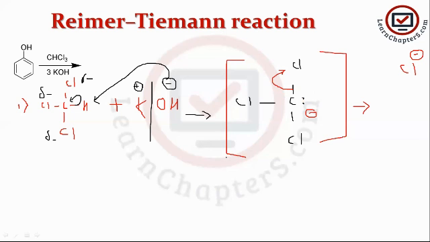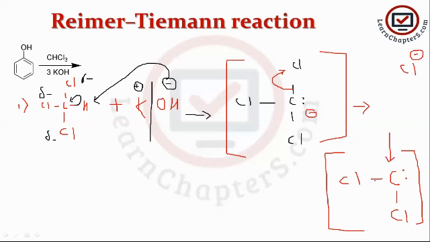So the remaining part is carbon, then chlorine, and now look at this. Here we have 2 electrons. Now out of these 2 electrons, both the electrons are accepted by chlorine, so there is no electron left, and this intermediate is highly unstable. If we study this carbon atom, it has only 2 plus 2, 4, 5, 6 electrons in the outermost shell. Okay, so it's an electron deficient species. We call it a carbene. So in the first step, the product formed is a carbene. Okay, this is our first product.